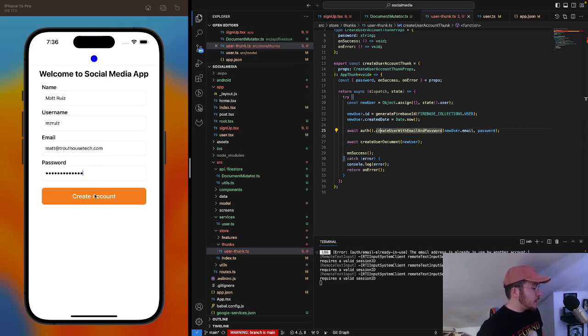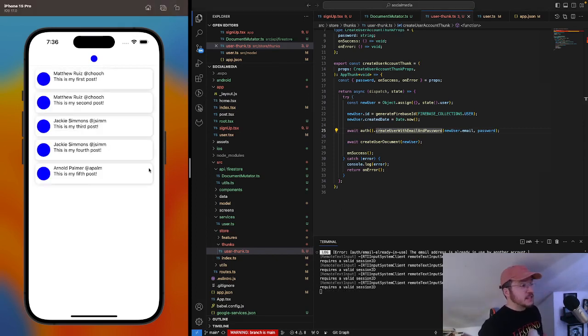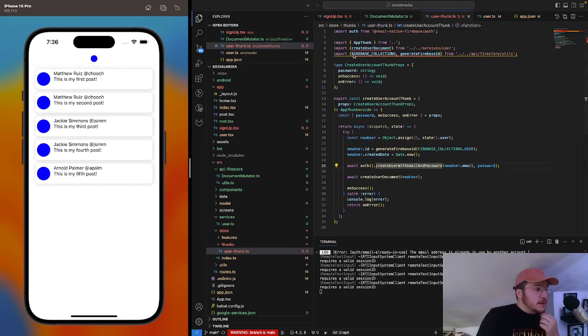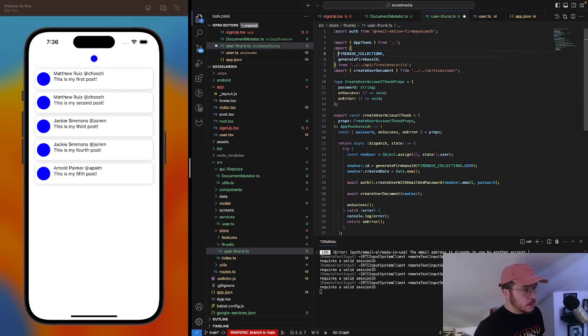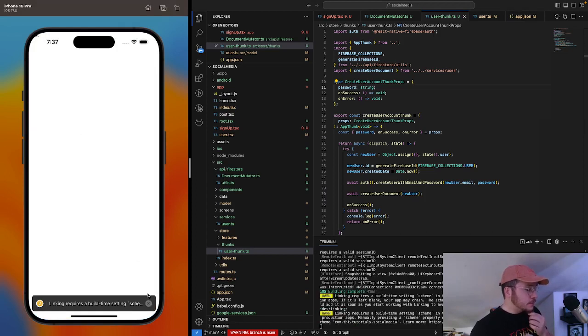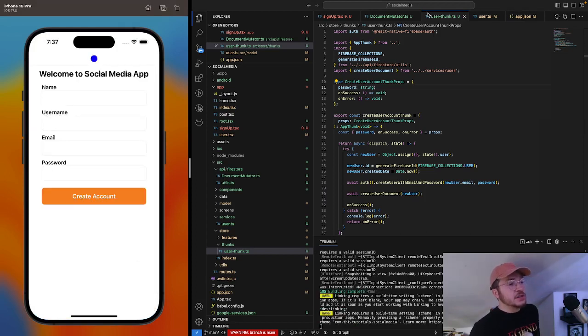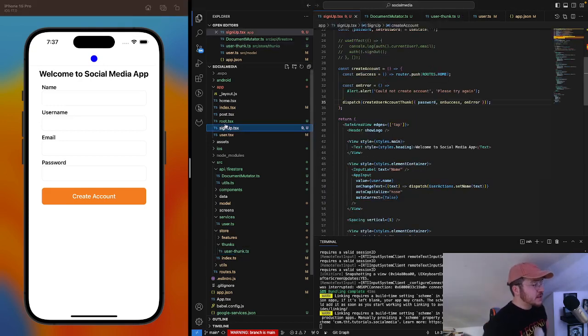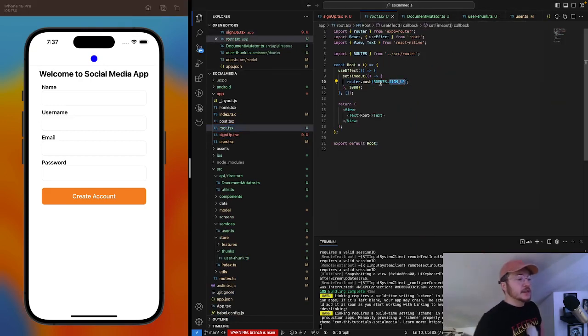So go ahead and hit create an account. Now that's successful. That just took us to the main application, and now the idea is we have some success message or something like that, but now we're just taking the user to that application. Sweet. But if I reload the app, we can see that it takes us back to the sign up. It shouldn't take us back to the sign up. The reason it takes us to the sign up is because we're not checking, is because of this. So what we need to do is